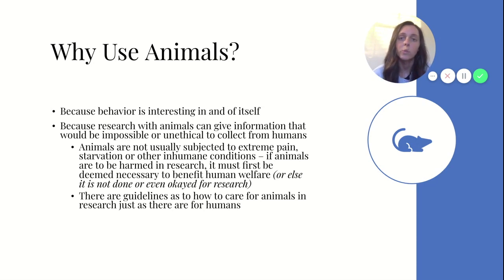However, we do have guidelines for animals as well, because we can't just take animals, hurt them in the name of science, right? There's got to be a really, really good reason, and there's got to be some significant information coming out of that. But there are guidelines for animals. So you'll see in this course a lot of rat experiments or birds or just a lot of different animals, and just know that they are taken care of as well, not just during the experiment or the research, but throughout the entire process. So if you're an animal lover, psychology is taking care of them too.